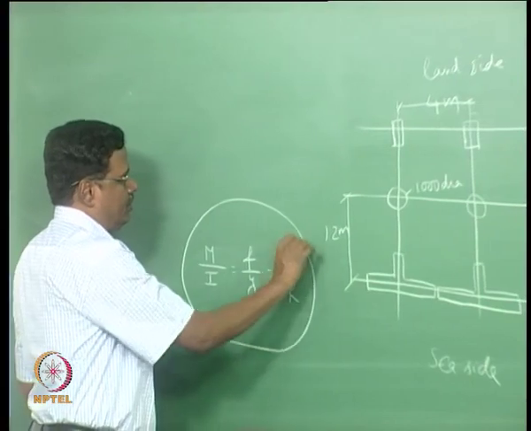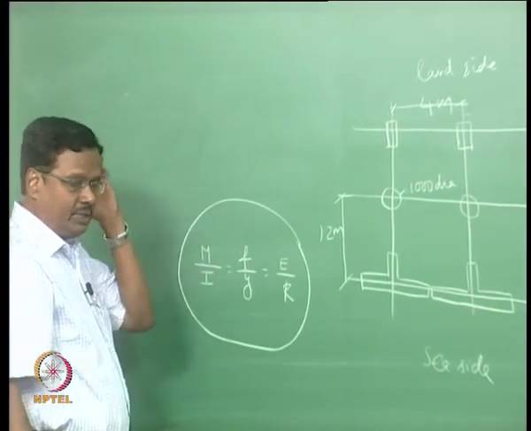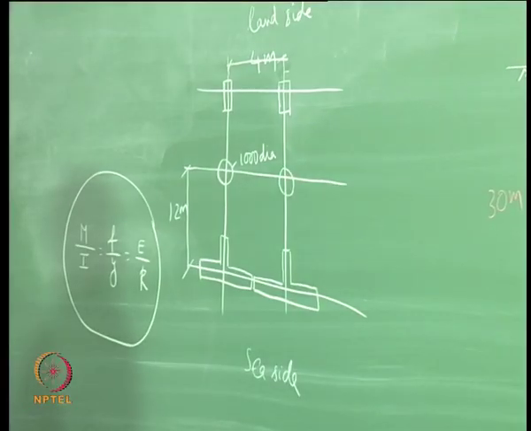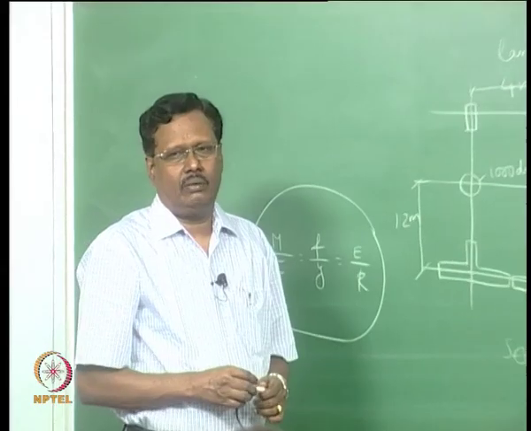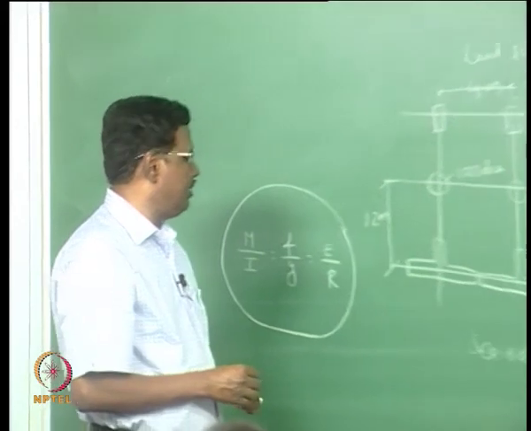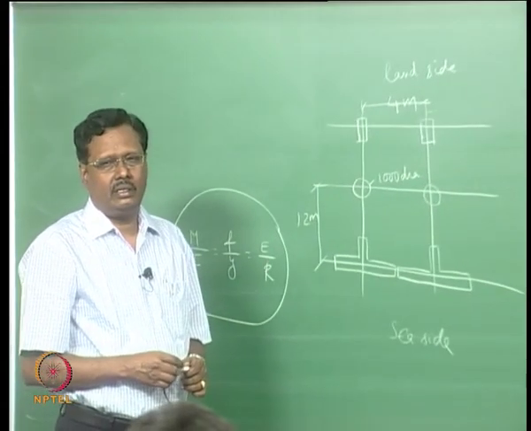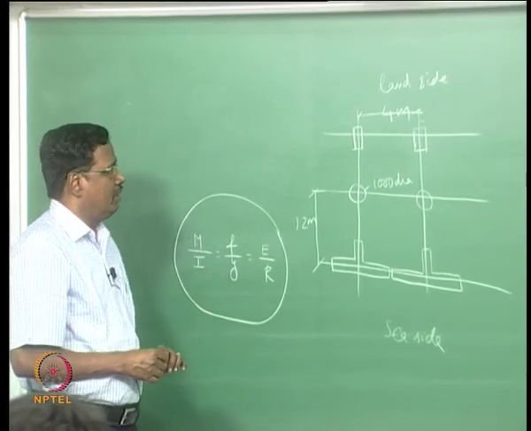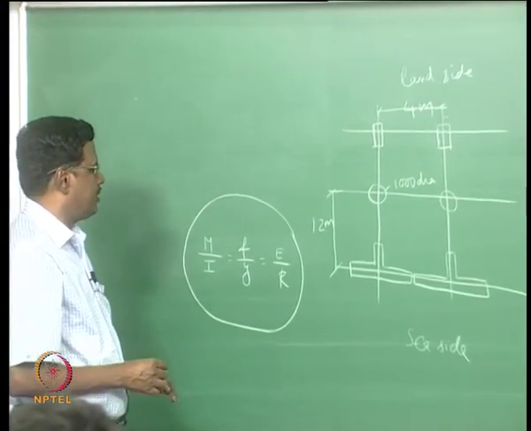Whenever we want to do structural analysis, we will be using all these parameters. One is the bending moment, another is moment of inertia, stress, y is the distance to the extreme fiber, E is the Young's modulus, R is the radius of gyration. All these things are important. Mainly you have to check for deflection as well as